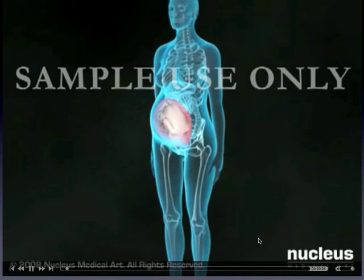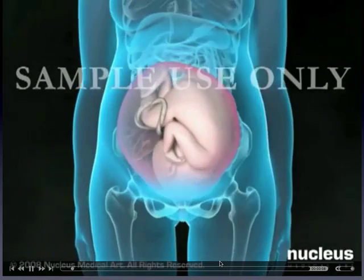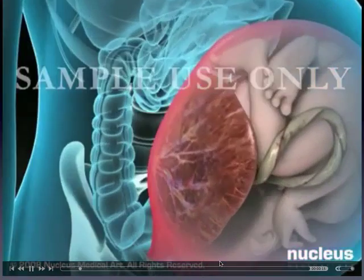Listen, it starts with animation, then it actually shows us in a woman's abdomen and uterus to deliver a baby. Some cesarean sections are planned. More often, however, the need for the procedure